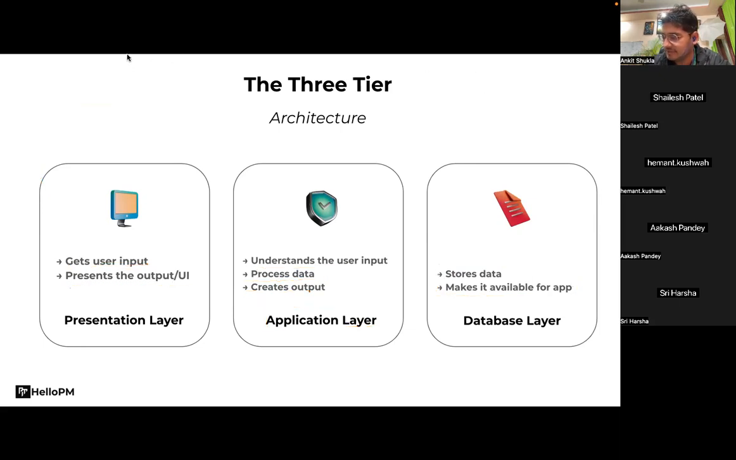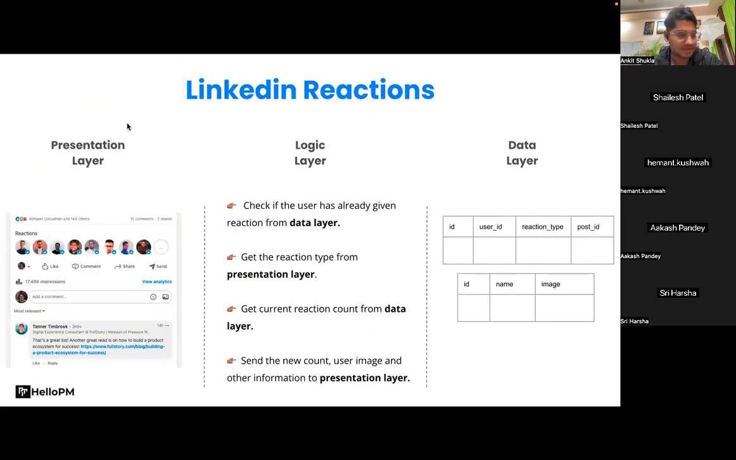After this, we have one more example. Here we are going to consider how LinkedIn reactions work, and how you understand the 3-tier architecture with the help of an example we take from LinkedIn. I hope everyone might have seen this particular page with this particular section on LinkedIn,